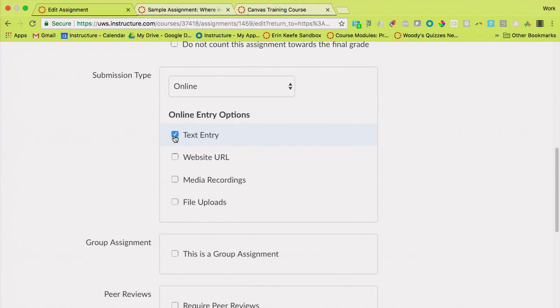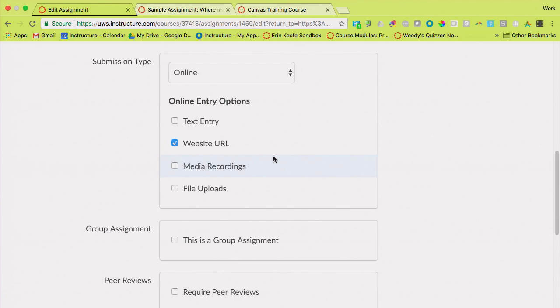So you don't ever want students to turn in a very long assignment to you that's just a text entry. The second option is website URL. It'll give them a space to put in a link to wherever, maybe they're hosting something somewhere else, they're keeping a blog, they could turn that URL in to you. When you look at it in the SpeedGrader, it will render that for you in that window.